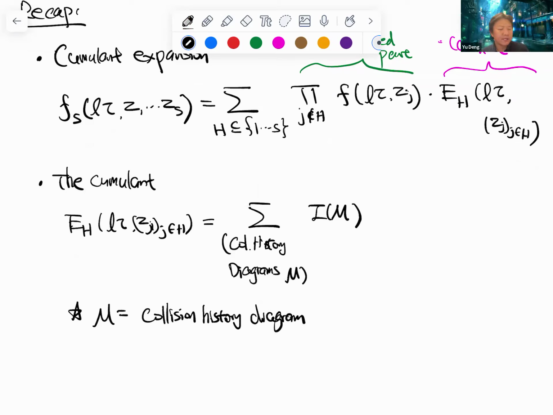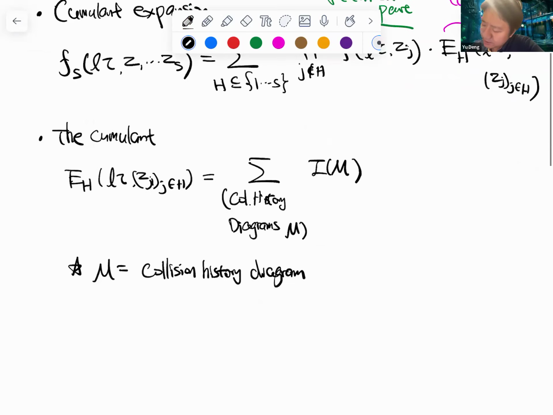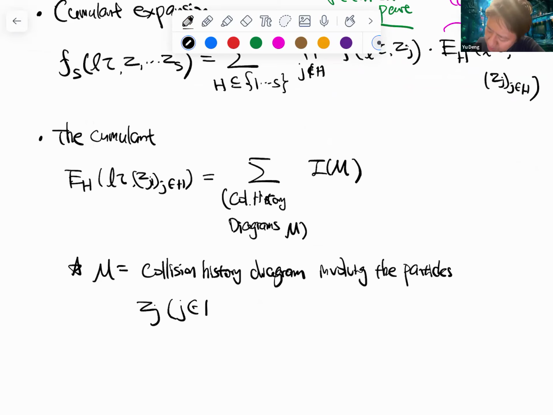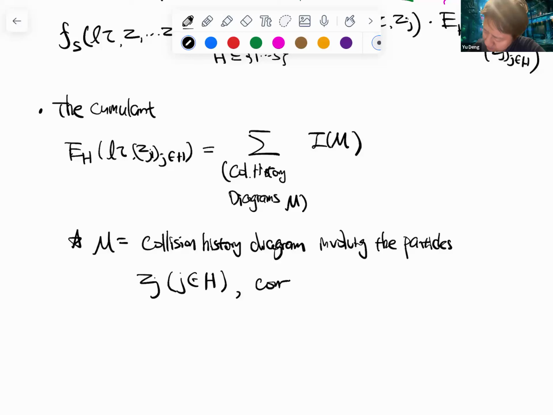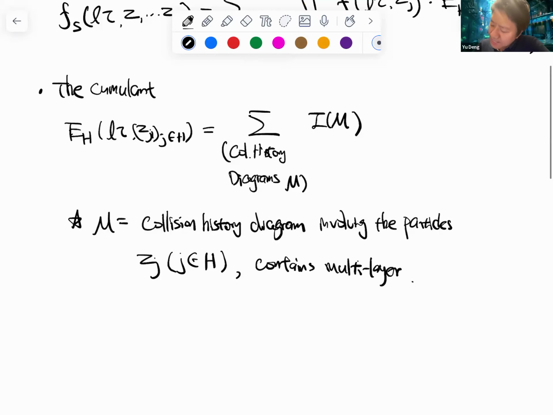The one we drew last time, involving the particles C_j or J_h. Okay, so it contains multi-layer structure. And then this I_M, we'll see in more detail today, is an integral expression